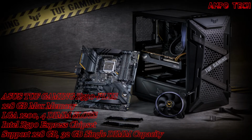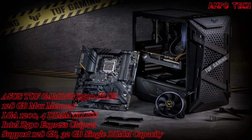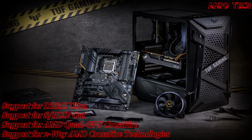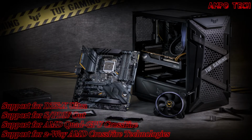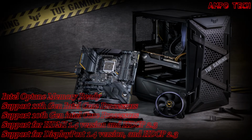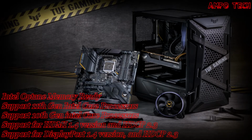And this motherboard has easy PC DIY features, which are TUF Gaming Alliance, TUF Protection, and easy configuration. The TUF Gaming motherboards are designed to be easy to set up and configure just the way you want, even for first-time builders. The TUF Gaming Alliance ecosystem makes selecting compatible parts easy, while Armoury Crate software offers full control of system settings via a single dashboard. TUF Gaming motherboards give you everything you need to build your dream gaming rig without adding